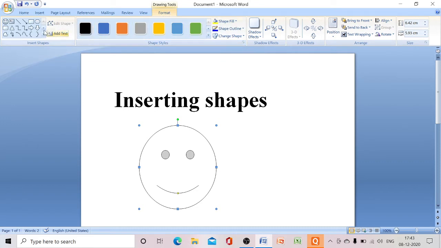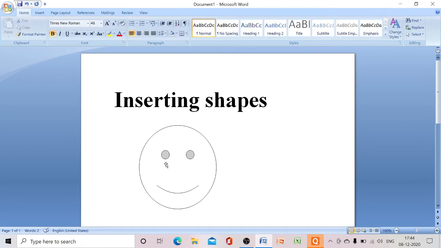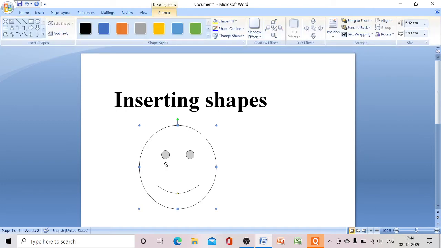In that tab we can see different features that we can use with this shape. How can we fill color in the shape? That is the next topic, shape fill. To fill color in the shape, we have to double click on this shape.